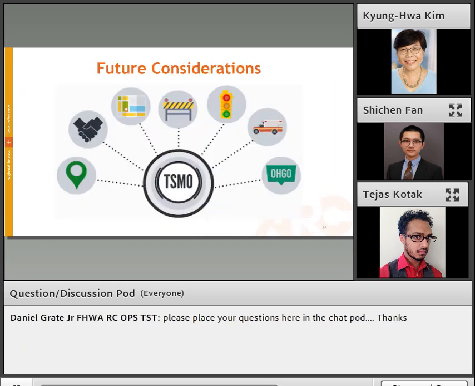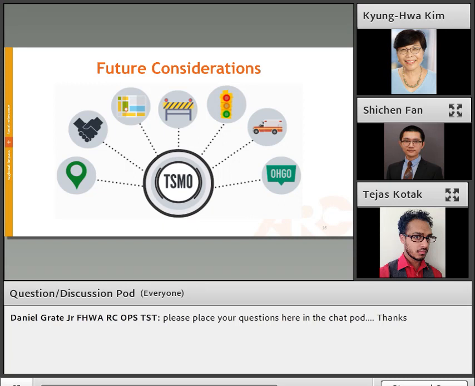As we move forward, there are a few things that we want to consider to continue to improve our process in evaluating TSMO projects. One of them is that TSMO projects come in a variety of forms. We have more traditional TSMO projects that consider changes in roadway design, such as adding a turn lane or building a roundabout.